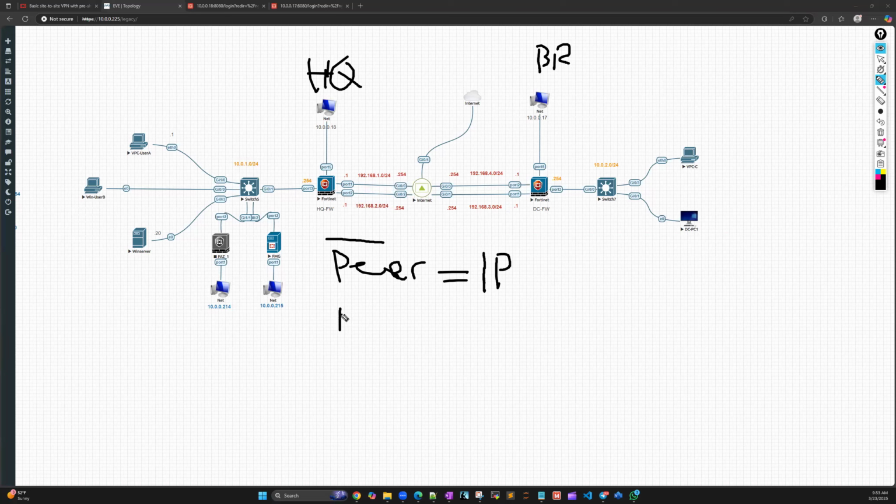We need to agree on the PSK, that's the pre-shared key, on both sides. This one must be equal on both sides. And then we need to know the remote subnets of where we are going to connect with. We need to have that in note, remote subnet. When you have all these parameters set, we can start establishing